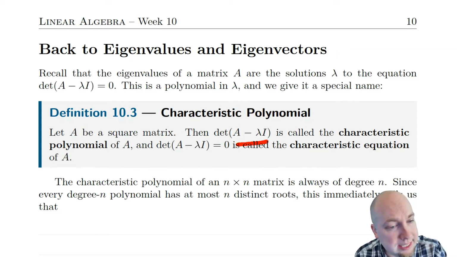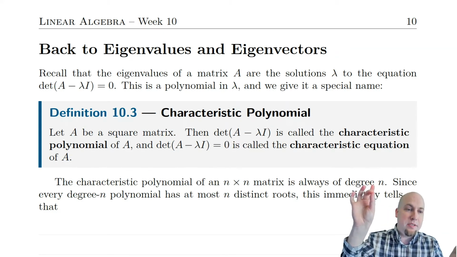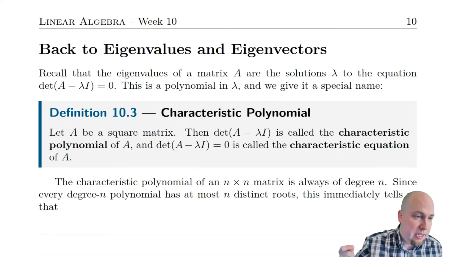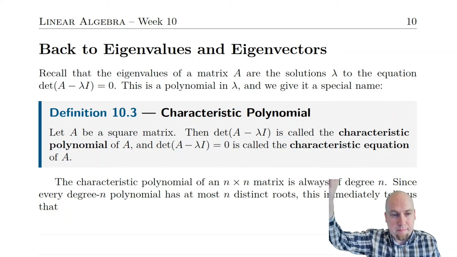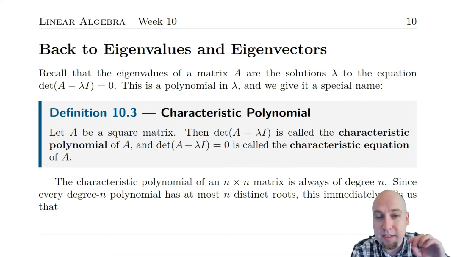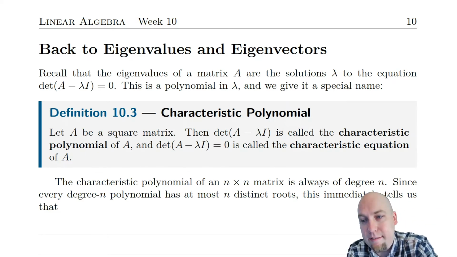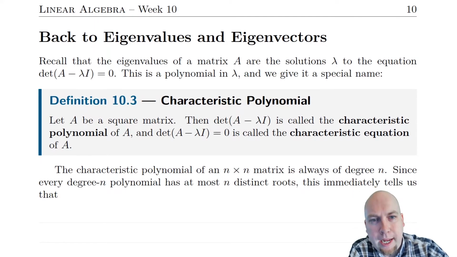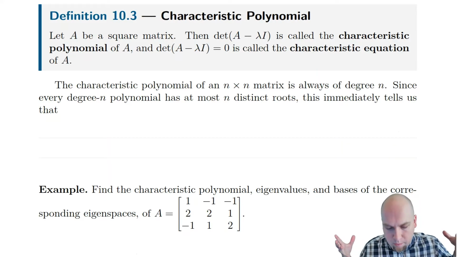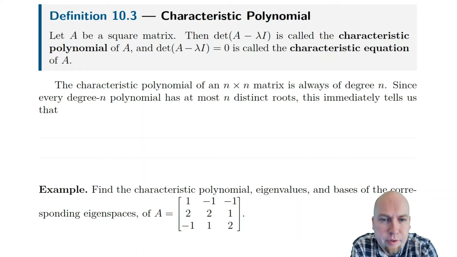Furthermore, on the diagonal, you have exactly n lambdas. When you multiply together all the diagonal entries, that is one of the terms in the determinant in these cofactor expansions. So this thing really is always a polynomial in lambda, and it always has degree exactly equal to n, the size of the matrix. This observation is useful because we know lots of things about polynomials. Now that we know we get eigenvalues from polynomials, right away we're going to know lots of things about eigenvalues as well. For example, we know that every degree n polynomial has at most n distinct roots,